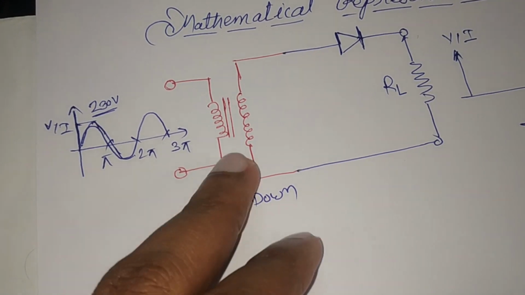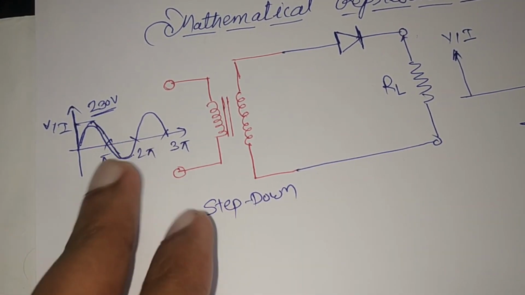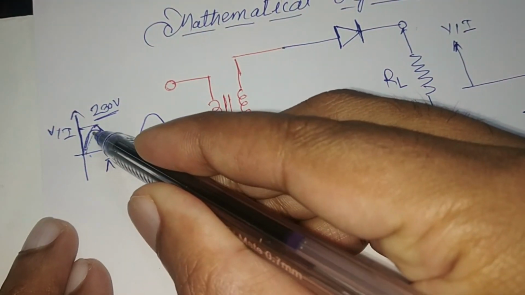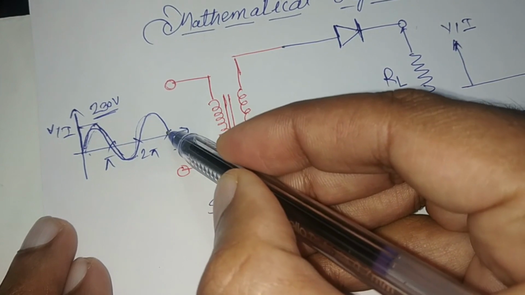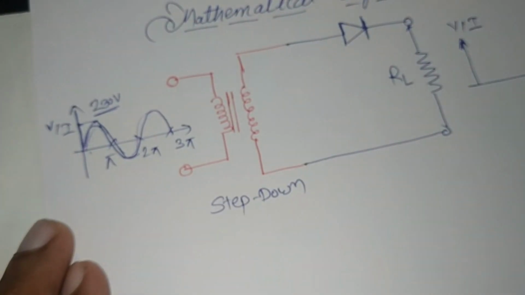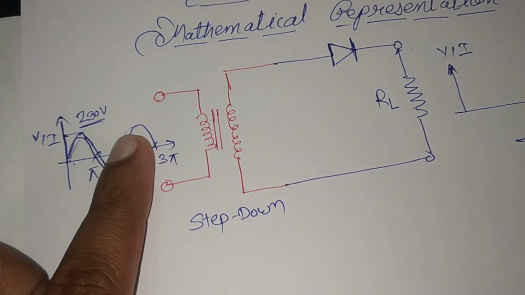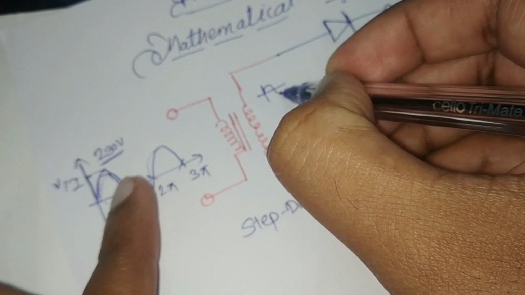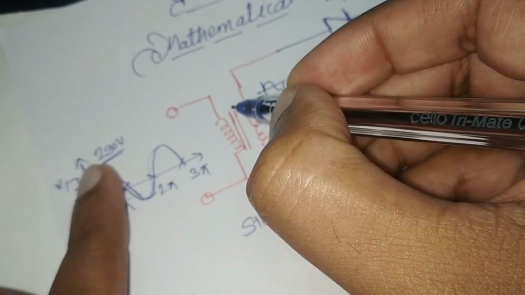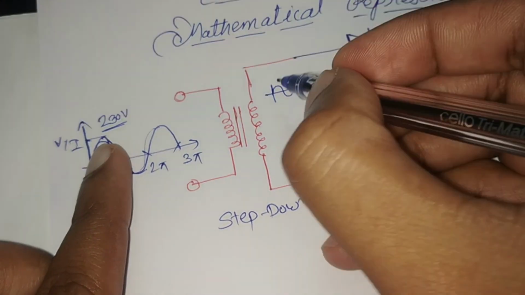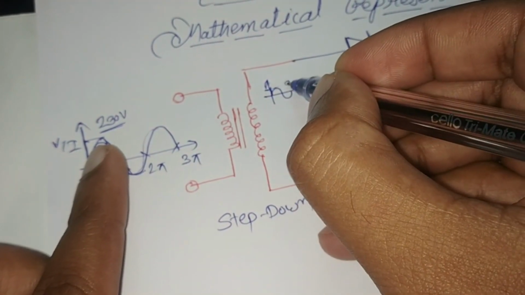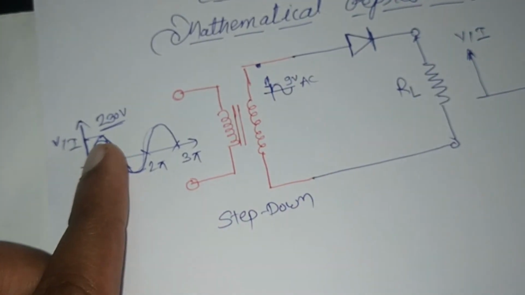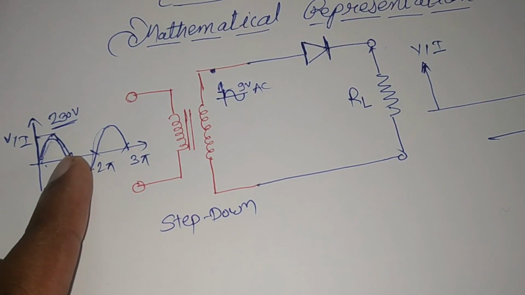So if this transformer rating is say 9 volt, what it will do is take 230 volt AC, alternating voltage. That means it is continuously changing with respect to time. The primary of the step down transformer will take 230 volt, and at output it will give a reduced value. Step down means it will reduce the value of the input voltage. If it is 9 volt, we will get 9 volt AC at the output of this transformer, right?